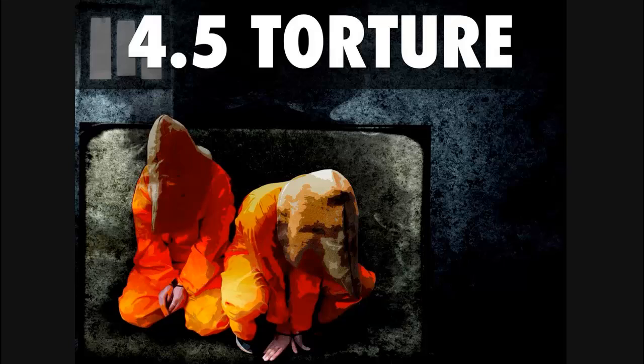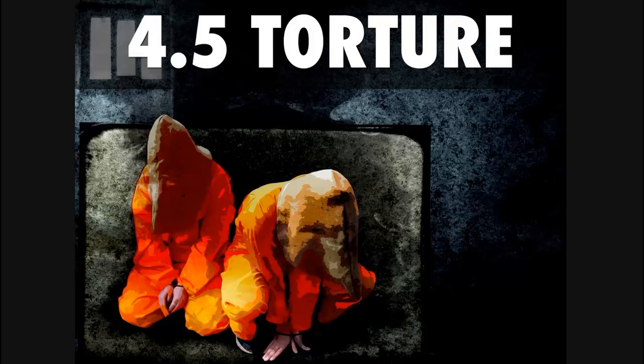Torture is not of itself a crime within the jurisdiction of any international court or tribunal. However, it's both a crime under the Torture Convention, generally punishable by national courts, and torture may be committed as one type of war crime or crime against humanity. So it's worth reflecting on briefly.